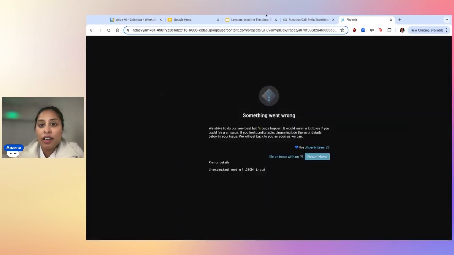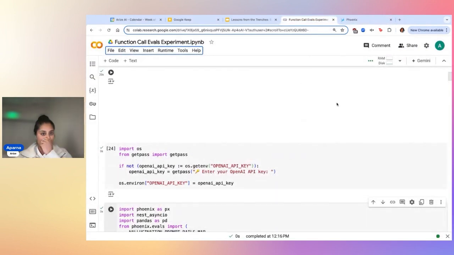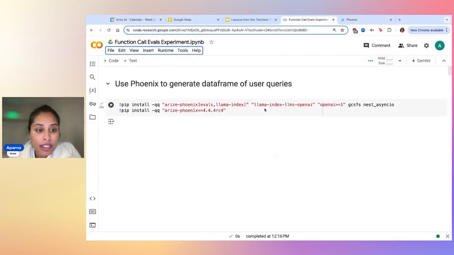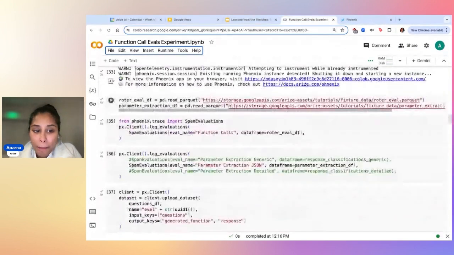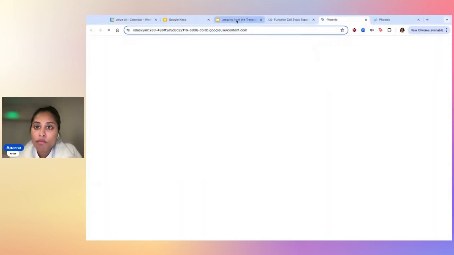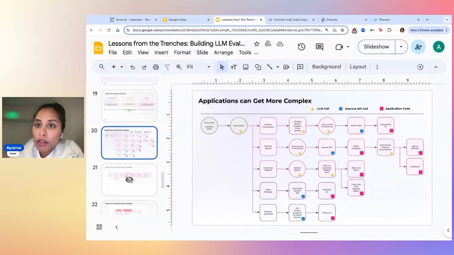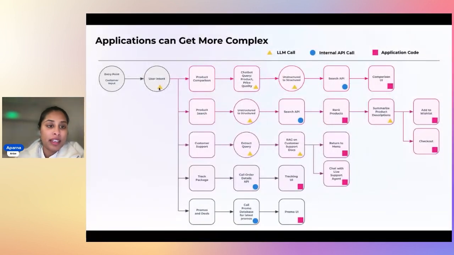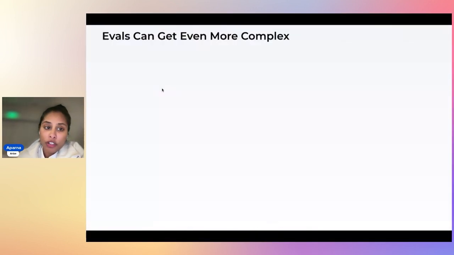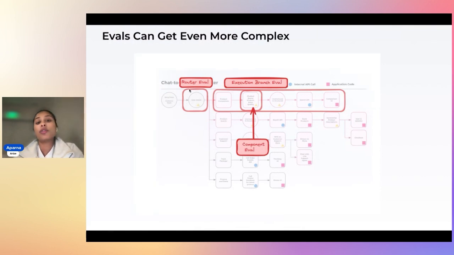I think I really need to rerun this application here. Give me a second. Maybe while that's loading up, let me show you in the application. Behind the scenes, what's happening is a function call. There's a router that is routing to which execution branch to go through.